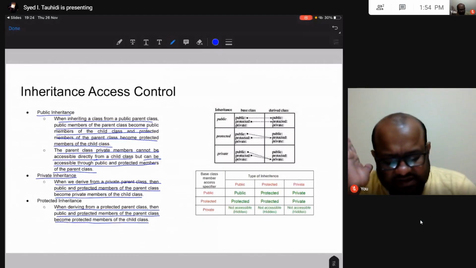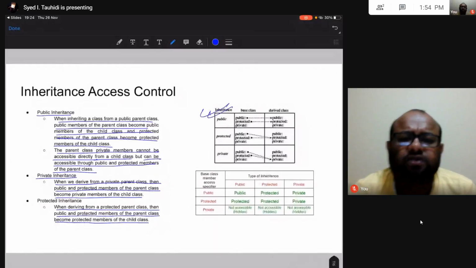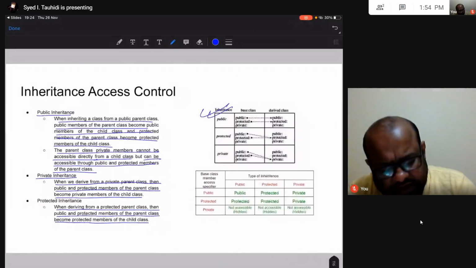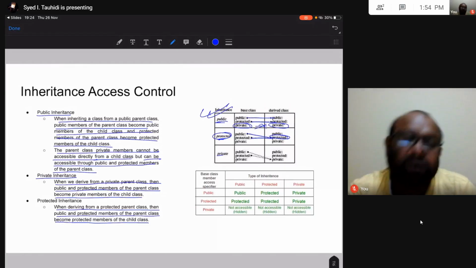Okay. This diagram is a good representation. Public inheritance: public stays public, protected stays protected, private not accessible at all. In protected inheritance, private and public, both of them become protected. In private inheritance, private and public, both of them become private.